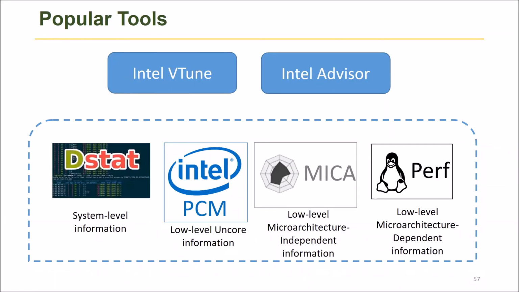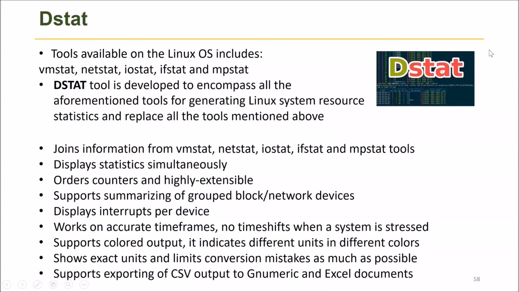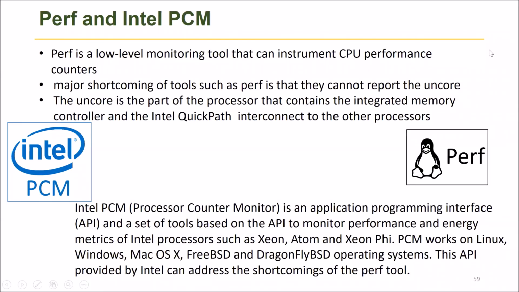Popular tools for performance analysis are Intel VTune, Intel Advisor, dstat, Intel PCM, Mica, and perf. dstat is a tool for extracting system-level information on Linux OS. It can monitor virtual memory, network communication, I/O, storage, and CPU. Perf is a tool that we can use for low-level monitoring, and it reports